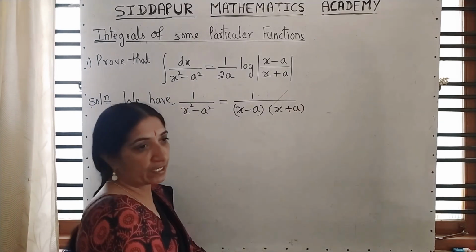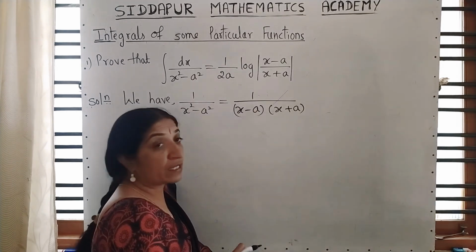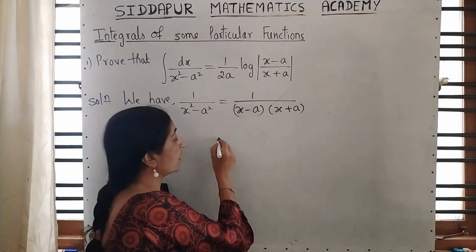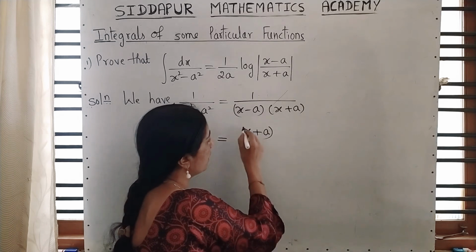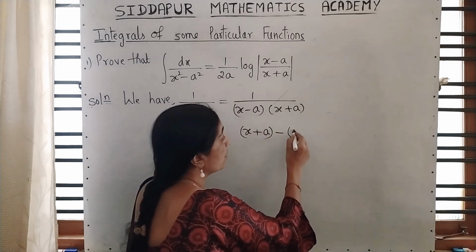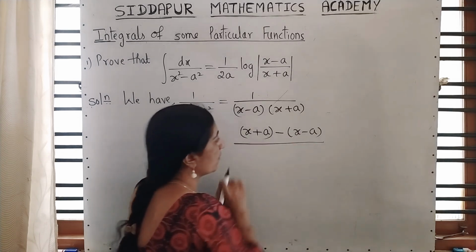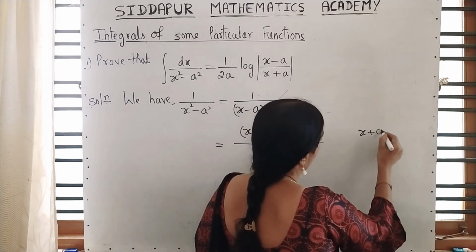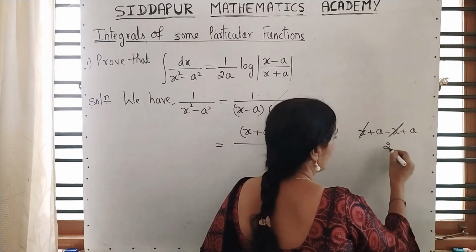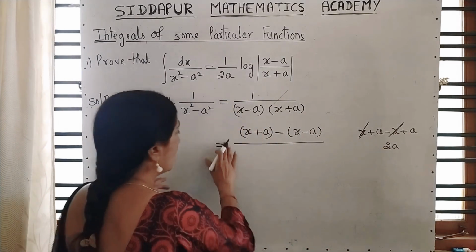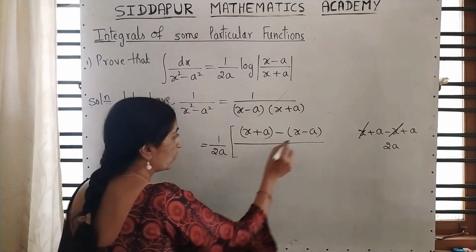Now I will give you one hint. Use the same two brackets in the numerator and try to cancel x. Either go for addition or subtraction, but cancel x. See, first I wrote x plus a and then I wrote minus x minus a. Why did I write like this? See, if you remove the bracket, what is remaining? x plus a, I took minus inside, plus x minus x cancels, 2a is remaining in the numerator. How do you balance that? By writing 1 by 2a outside.